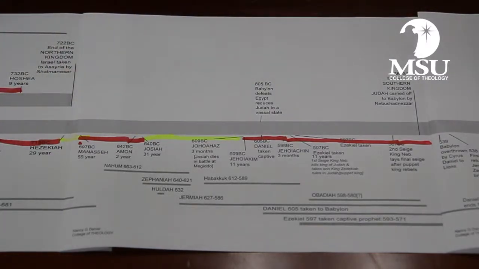Now, as we're looking down the timeline, we're seeing all this history come out. We're almost getting ready to close out here with this. But I want you to see one of the major sins that we have here throughout the timeline is the idea of God in a box. They put God in a temple. Notice that the northern kingdom felt like they were going to create their own temple. The southern kingdom had the temple, and they thought since they had God in the box, nobody could touch them.